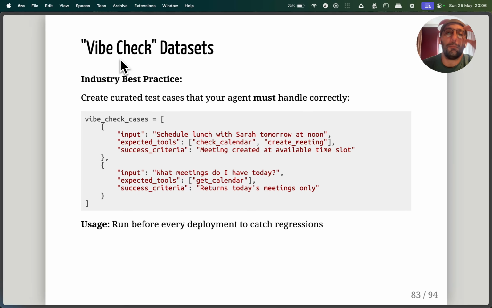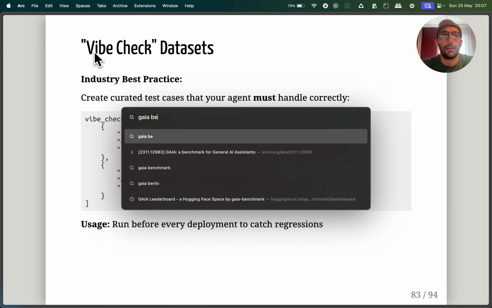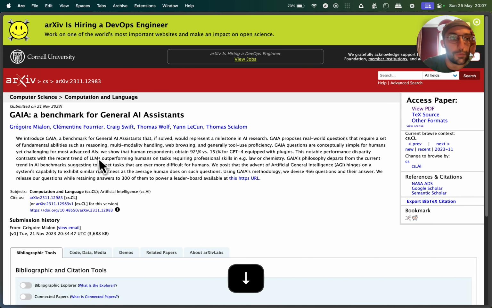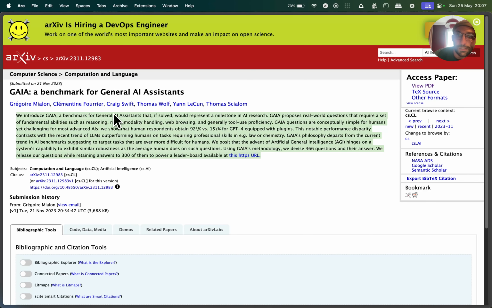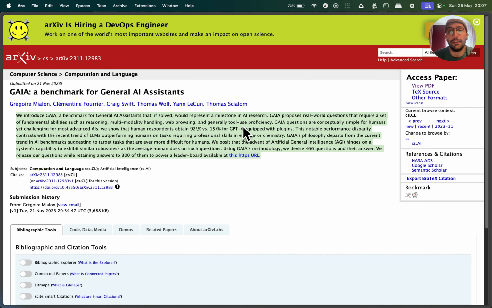So I think the most important thing is to have your own vibe check data set, folks, which is like, as the Anthropic article was talking about, set up your own eval test cases and so on. Have your set of things that this agent has to be able to do, because even though there are many benchmarks, for example, there's the Gaia benchmark. It's a benchmark for general AI assistance that solves a bunch of problems and so on. It's usually used to define that an agent is really good if it does well on this benchmark.